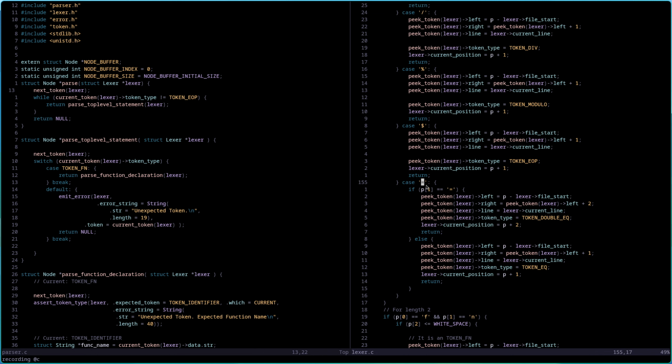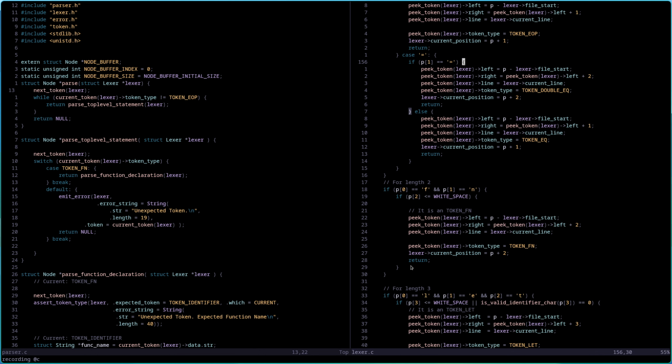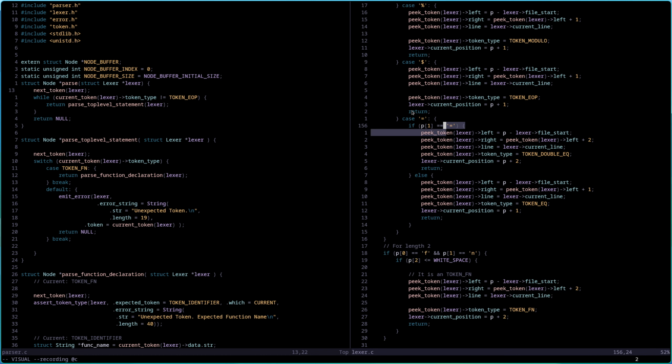So if we stumble upon an equals, and if the next character is also an equals sign, then we are actually in double equals, I guess. You can see that here, double equal. Yeah, so it's kind of a hacky way. You could also implement them down here, but you already handle the case up here, so there's no reason not to do it.